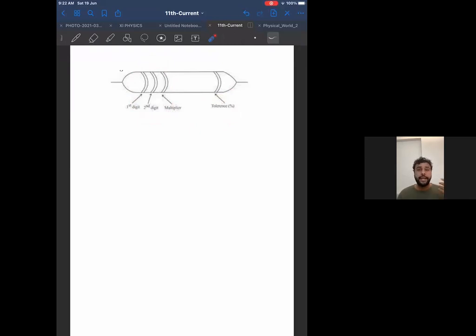Let me repeat again. Now ask yourself, how many colors does a resistor have? Answer is it has 4 colors. Out of these 4 colors, how many things can we find out? We can find out 2 things. First thing we can find out is resistance. And the second thing we can find out is tolerance. Now, how do you find resistance? By looking at the first 3 colors. And how do you find out tolerance? Looking at the last color.